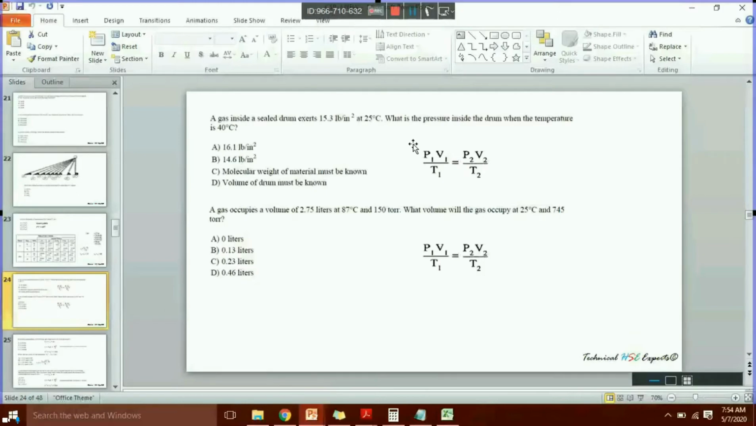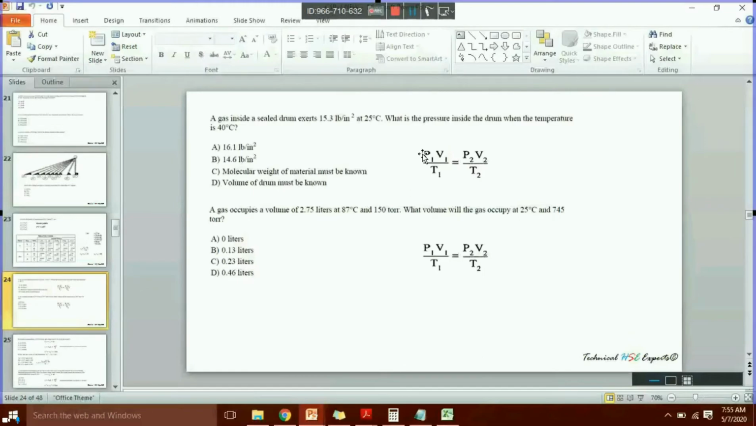So the question relates to which law? Boyle's law, Charles' law, or Gay-Lussac law? Gay-Lussac law, yeah, exactly. So your V1 and V2 will get cancelled because they are constant. Before substituting the values, you have to convert these things into absolute temperature and absolute pressure. It is in degrees Celsius and it is in pounds per inch square. Convert to ATM, and after that you can bring it to the formula. Substituting the values, you will end up with